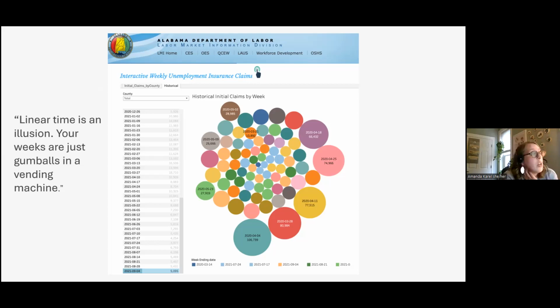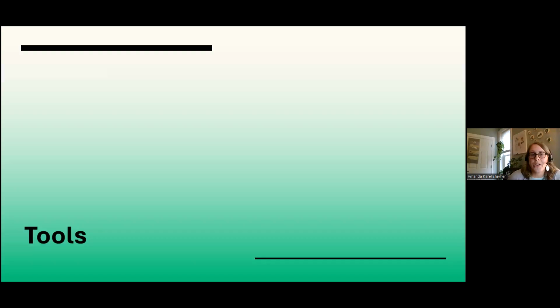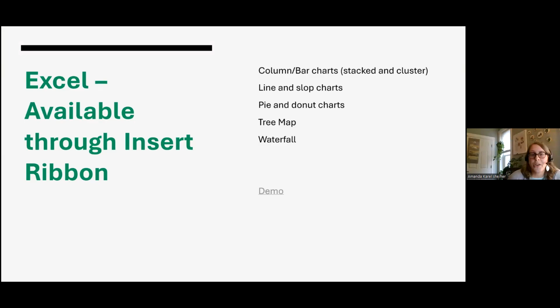So if you're trying to put together some of these visuals on your own and you're using this information that I gave you today as a guide, there are a lot of tools out there that you can use to build these visualizations. Excel is where a lot of people head first. And if you have your data in Excel and you go to insert chart on that insert ribbon, a lot of the charts that we talked about during this webinar are pre-programmed into Excel. You can automatically do column bar